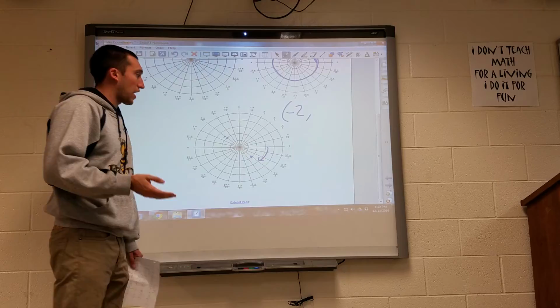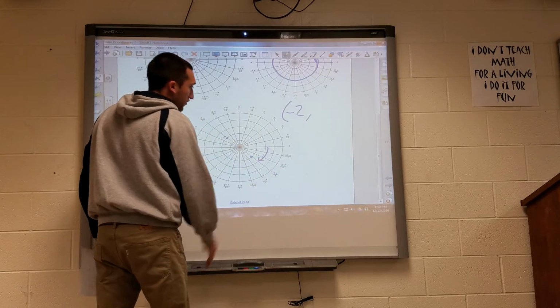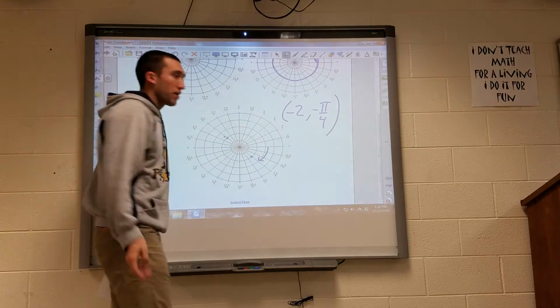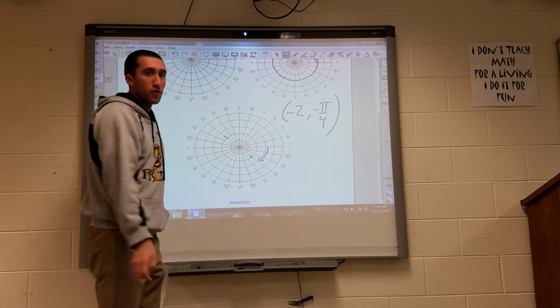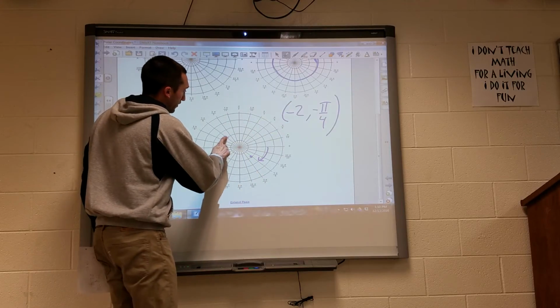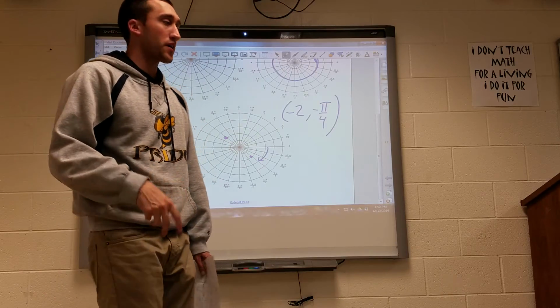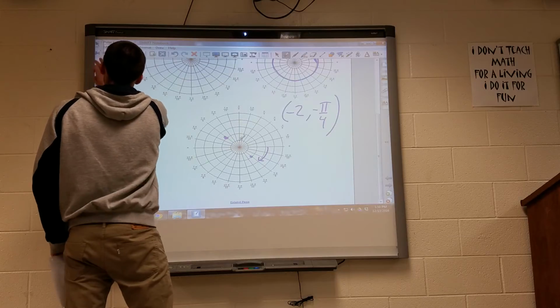So I can have this angle be a positive or negative angle. I can go this way and say that that's going to be negative pi over 4. Right? We agreed that would get me to this point, and then the negative r flips it over. So it's got a negative pi over 4, negative r, flips it back up in the second quadrant where we wanted it. Or I could go the positive way